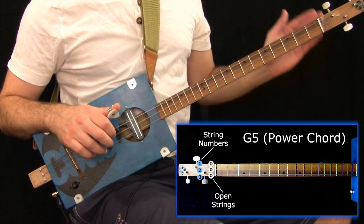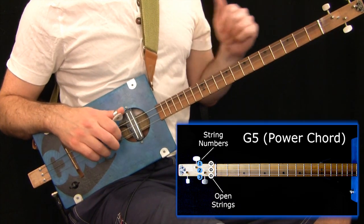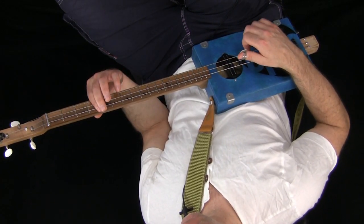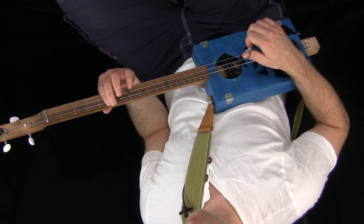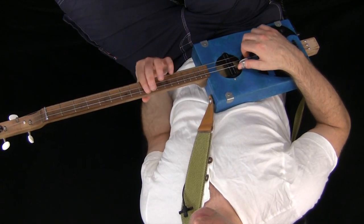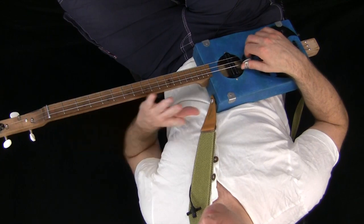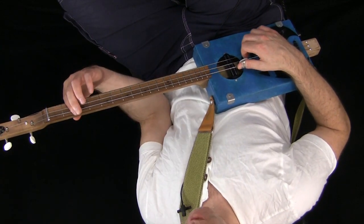But we're going to put together a very specific sequence, which is just going to go up the neck to start with, and it will sound a bit like this. We're going to go G, A, B, so that was fret 2, fret 4 for A and B, fret 5 for C, fret 7 for D, and fret 9 for E. Okay. Now currently they're neither major nor minor, they're just all power chords, because what I'm doing here is barring